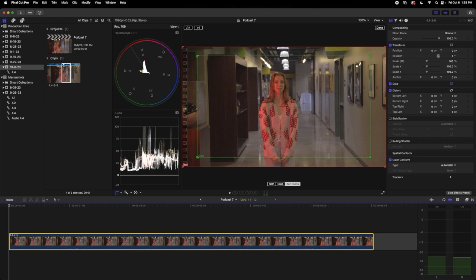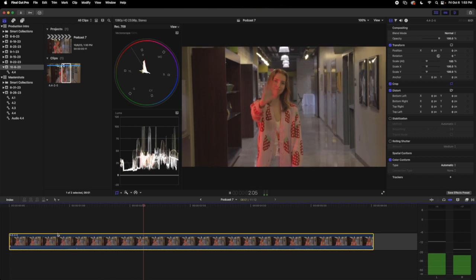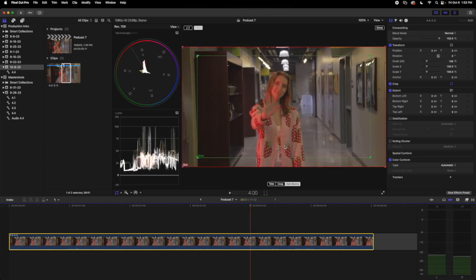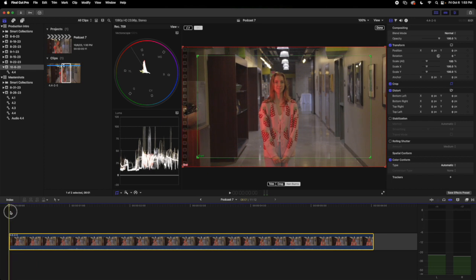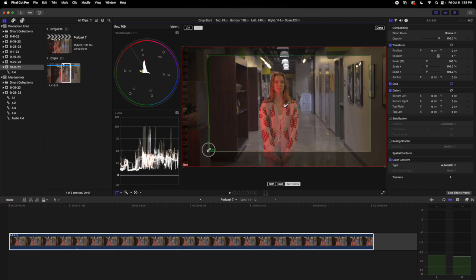Right now, basically, the start and end points are preset. When we play the clip, you can see that it's very slowly pulling out. So what we can do is go to the end of the clip and make a mental note of the framing. At the bottom of the frame, her sweater is cut off and there's a little bit of space over there. So we can go back to the beginning